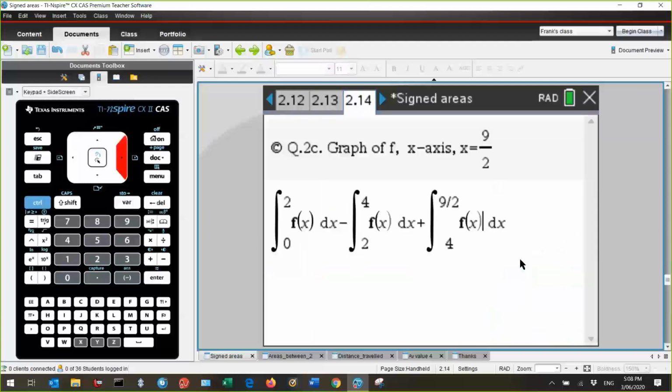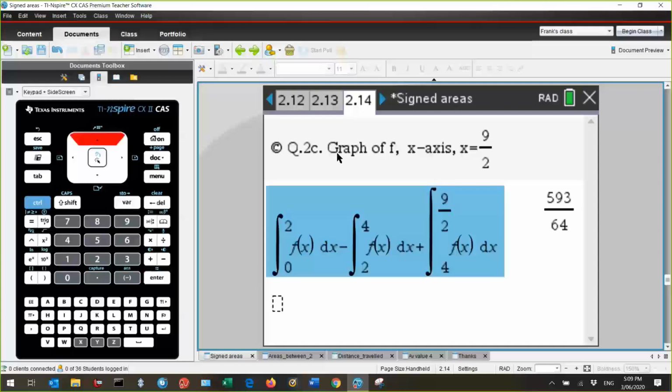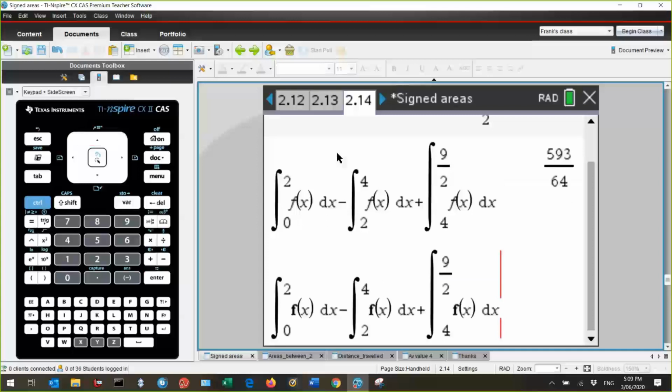So if I want to work out the total area all the way up to x equals 9 over 2, if I'm doing this algebraically, I have to do it in 3 parts. 0 to 2, which is positive, take away the negative area from 2 to 4, and then add the positive area from 4 to 9 over 2,